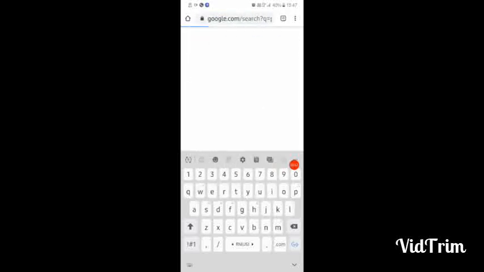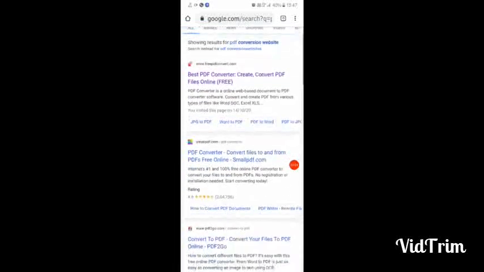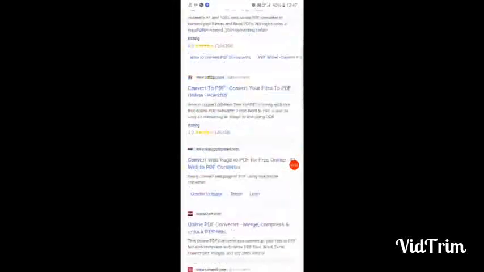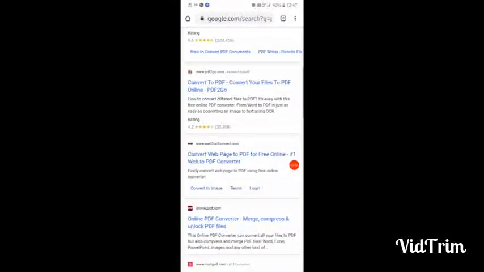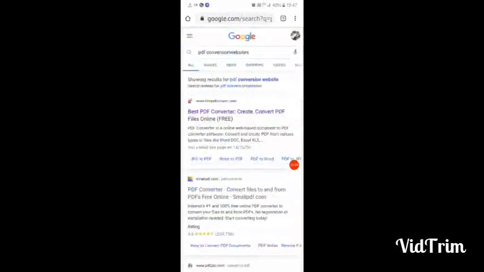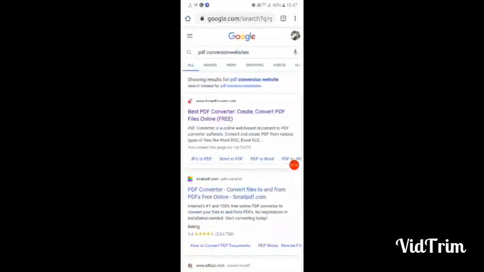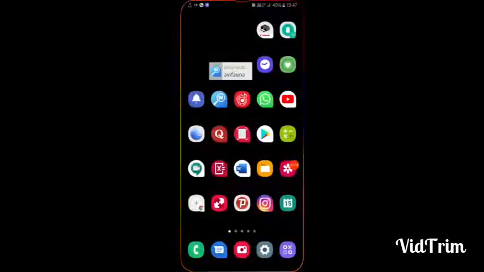Once we have typed it, we will be bombarded with a lot of websites which are capable of converting any format to PDF. We can go to these websites and upload our standard photos to get a PDF as a result. This was the first method.